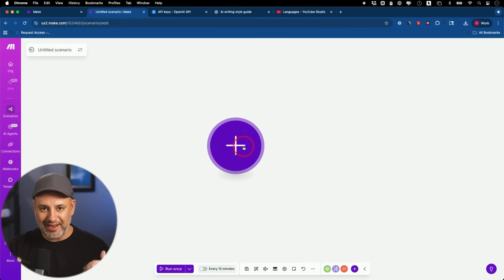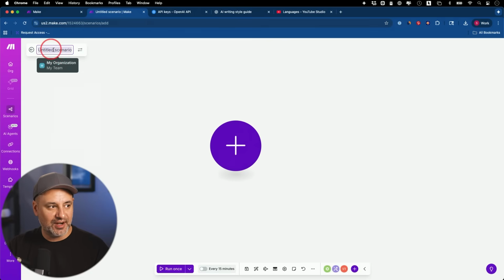Now, the very first thing I like to do is come up here and name the scenario so I don't forget. A lot of times, if I start creating it, I forget to name it later. And with the agent, in the instruction you give it, a lot of times you could call this type of tool or scenario by name, and it will go